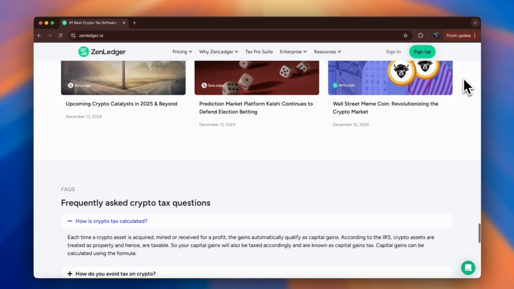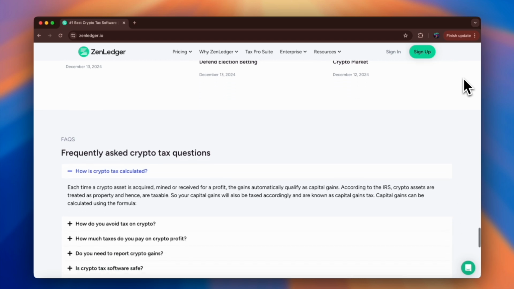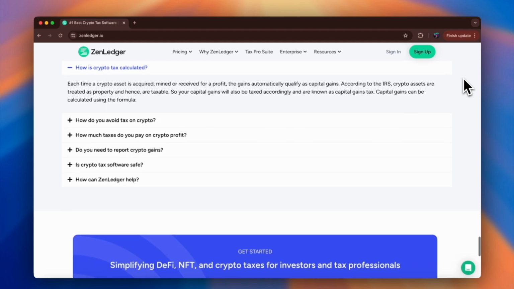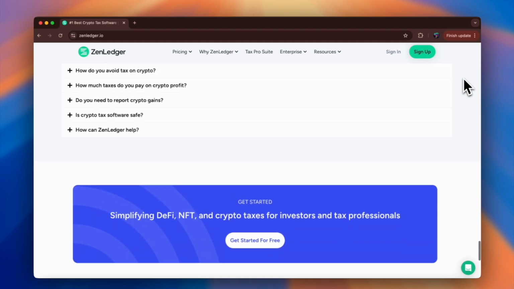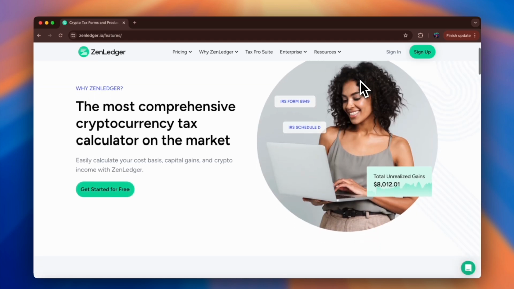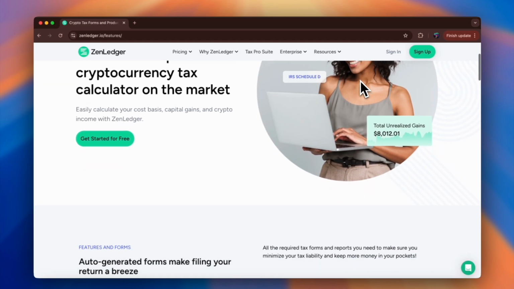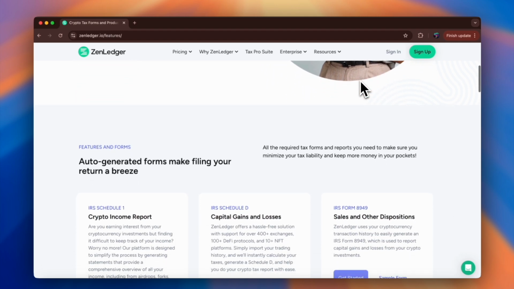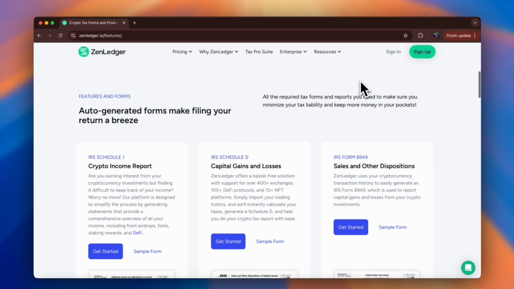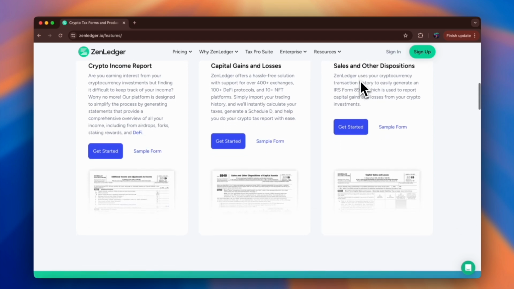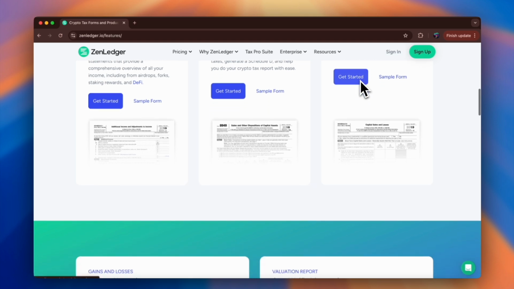Of course, accuracy and security is crucial when it comes to financial information and taxes, and accuracy is very critical when it comes to tax reporting, especially. And this is where ZenLedger excels in this area. With its precision, the platform reduces the risk of errors that can lead to audits or penalties, which we definitely don't want happening. ZenLedger employs robust security measures, including encryption, continuous security audits, and compliance with top industry standards to